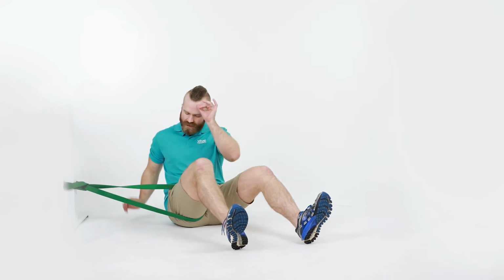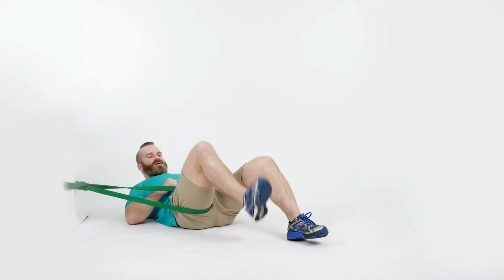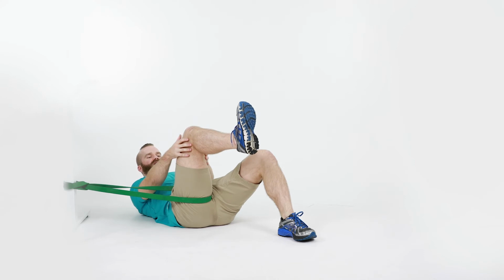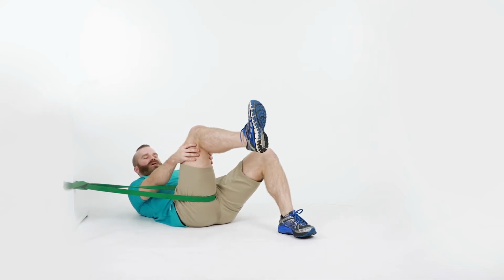I want it pulling me mostly to the side. I'm gonna lie on my back. The leg's gonna be up in the air. If the leg gets tired, you can support it with the hands. That's okay because that's not the main objective of this exercise. The main thing is letting that band pull the hip, and as it's held up like that, I want to